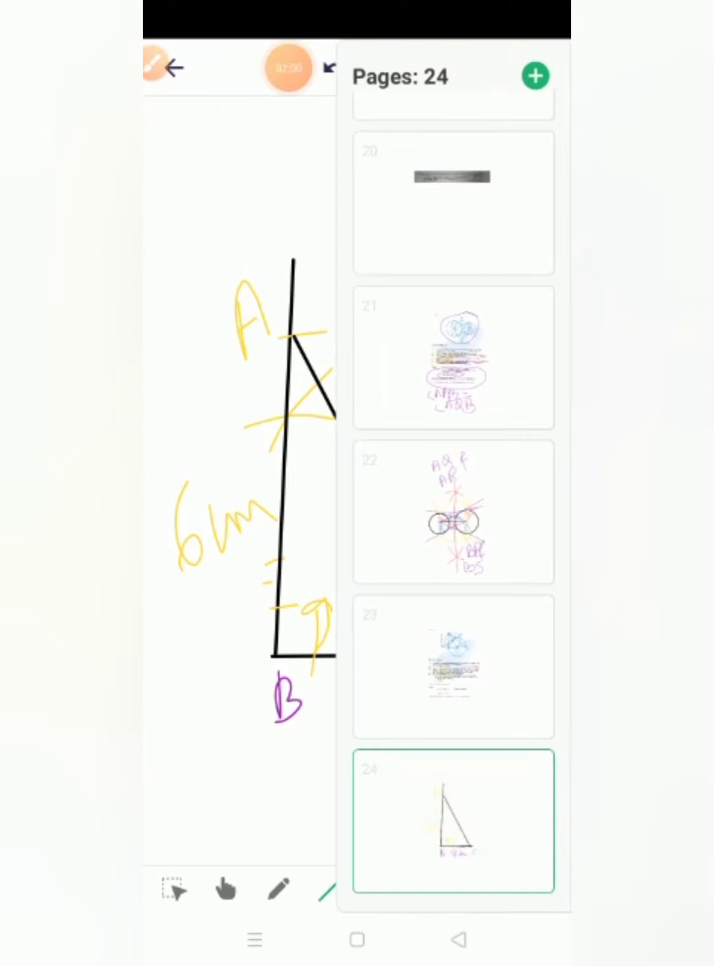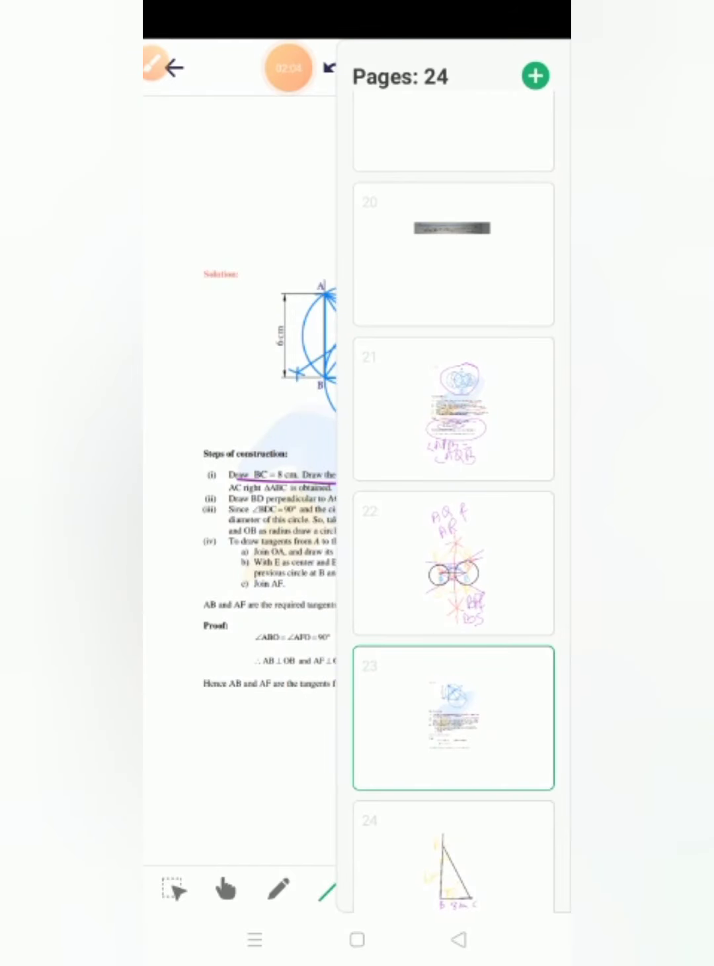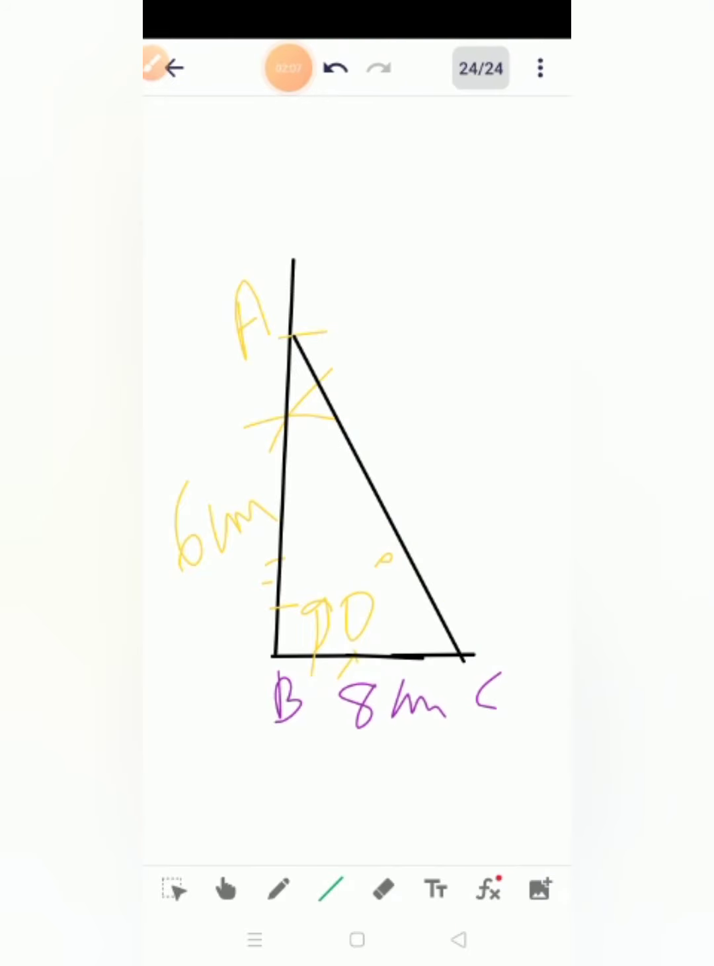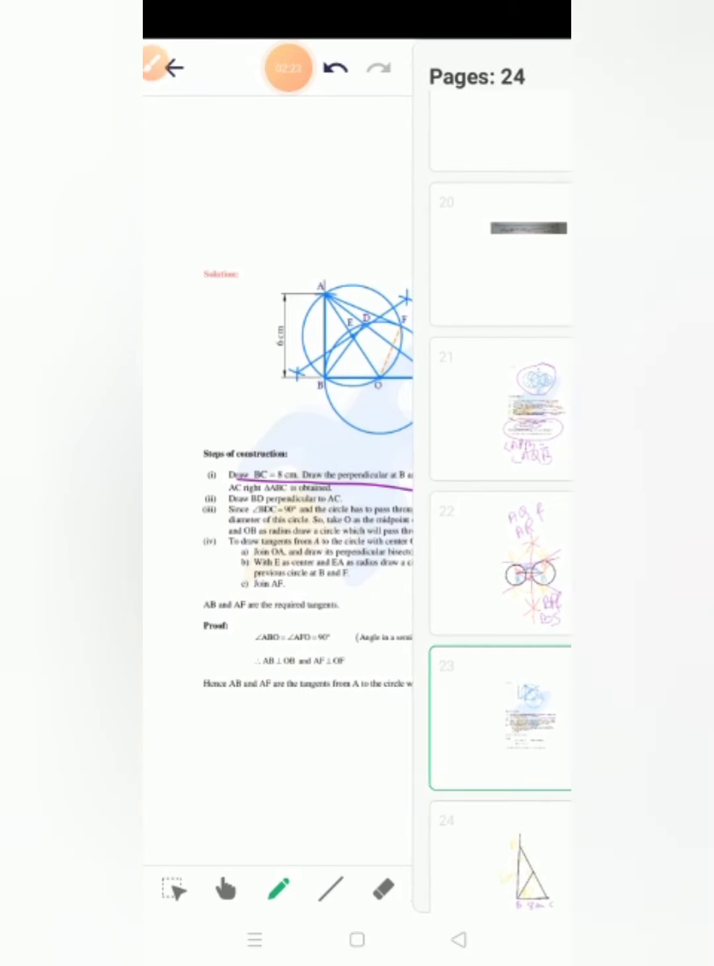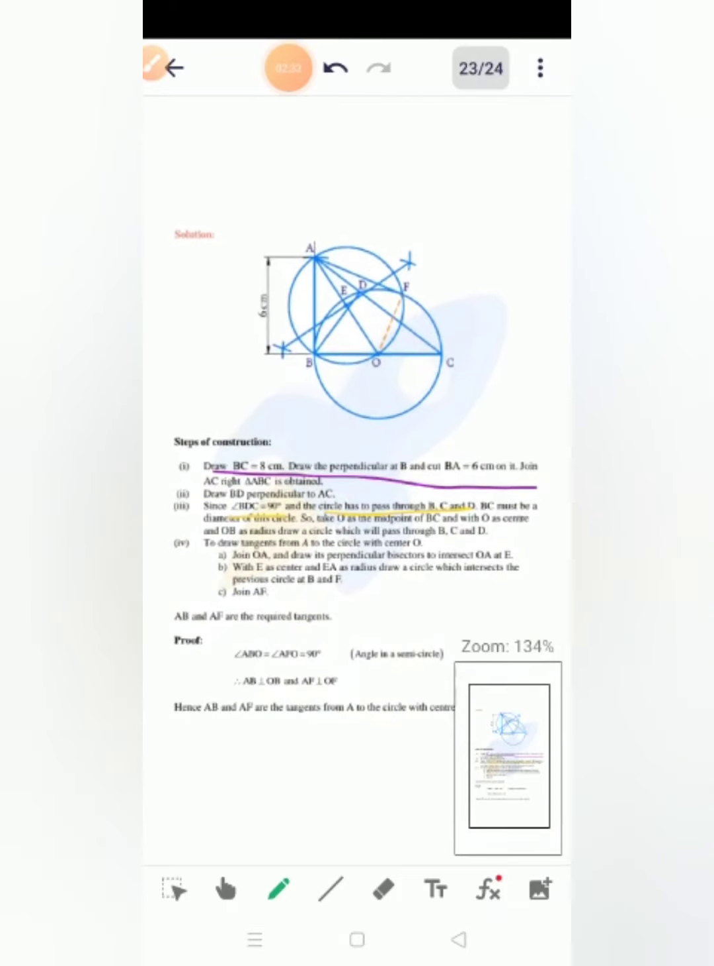Now once we have got the triangle, what we need to do is draw BD perpendicular to AC. Just draw BD from B which will be perpendicular to AC, exactly 90 degrees. Fine. And what else does it say? BD perpendicular to AC. After that, since angle BDC equals 90 degree and the circle has to pass through B,